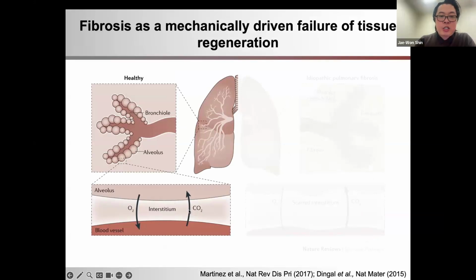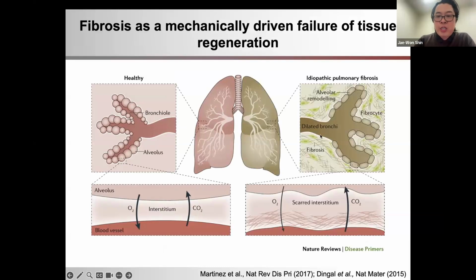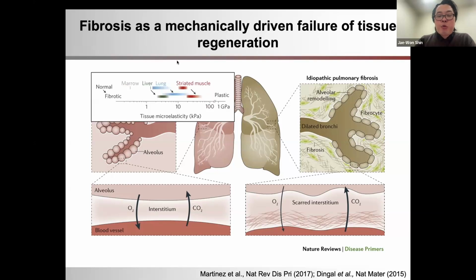There's a gas exchange, but upon fibrotic injury, there's a scar formation. And when the scar is not resolved over time because of the chronic injury, the scar formation interferes with the gas exchange, ultimately resulting in breathing difficulty and death. The fibrosis, in terms of mechanical property, is actually seen across different tissues, which is characterized by a significant increase